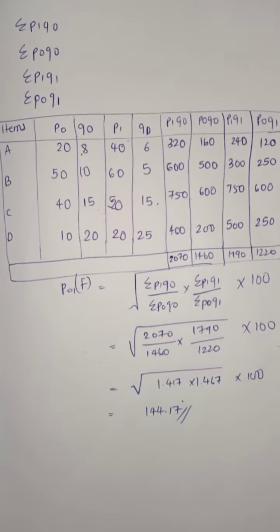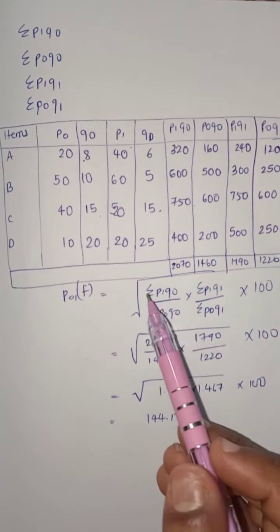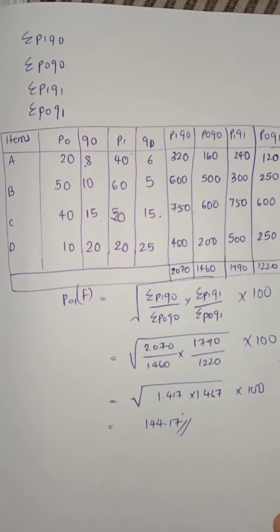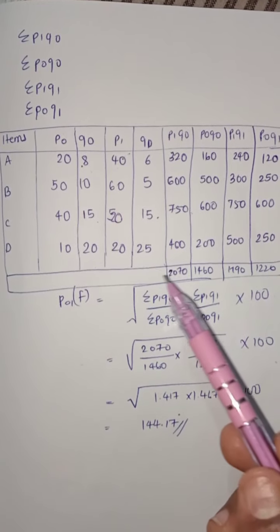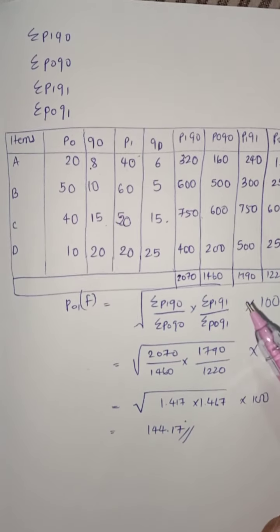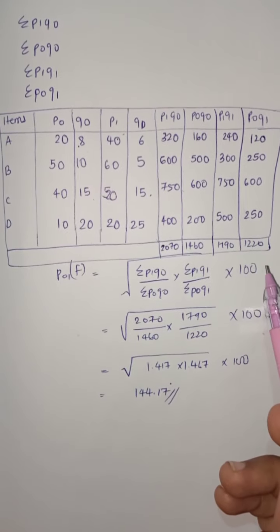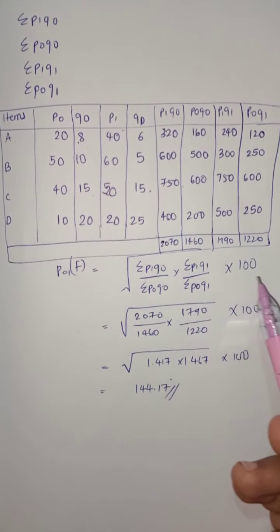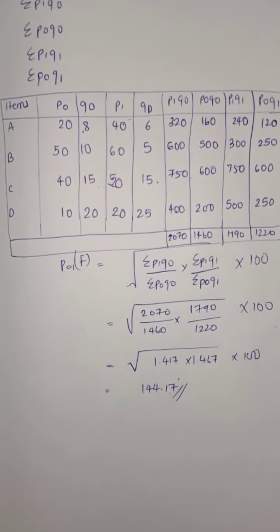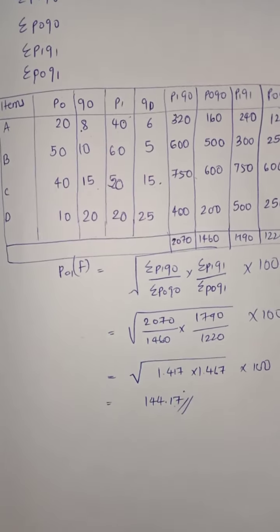So here, dear students, even though we are doing L into P into 100, we are not including the part of 100 that we had in Laspeyres. Here we are only taking the variable part. So while calculating, do not get confused. Also, we are using the square root only within this boundary. 100 is multiplied after we get the answer. So hence we got 144 as the answer of this question. This is how we need to find the index number using Fisher's ideal index.